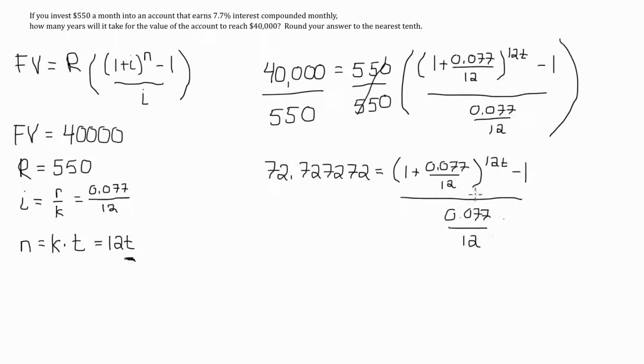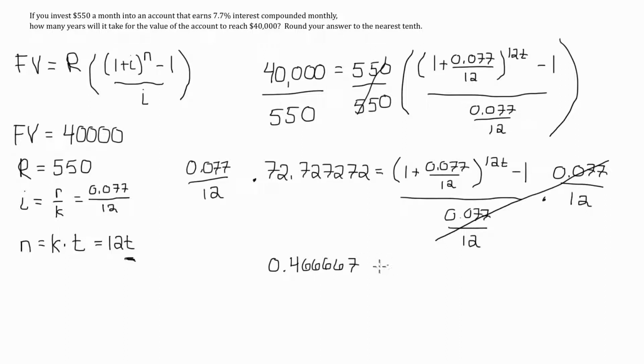Okay, so next, this denominator, I'm not liking it. So how can we get rid of it? We can just multiply by it. So if we multiply this side of the equation by 0.077 over 12, okay, we can say check your later denominator, and then we just have to remember that we have to multiply the other side, because whatever we do to one side, we have to do to the other. Boom. Okay, then this side is going to end up as 0.466667, and that's going to equal